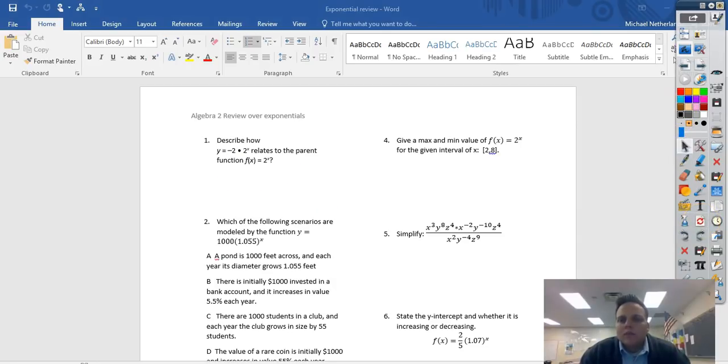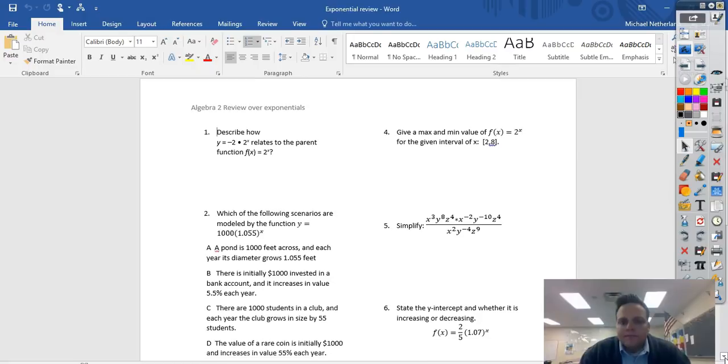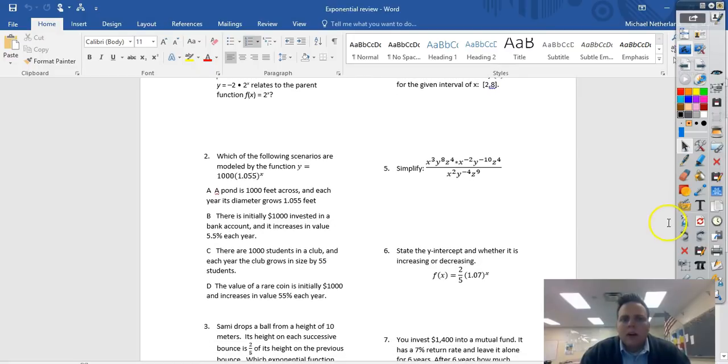Number 2 says, which of the following scenarios are modeled by the function y equals 1,000 times 1.055 raised to the x. This should look very familiar to a formula we talked about on Friday, which is y equals a times 1 plus r raised to the t, okay? So it looks like r is something like 0.055, so in percentage it might be